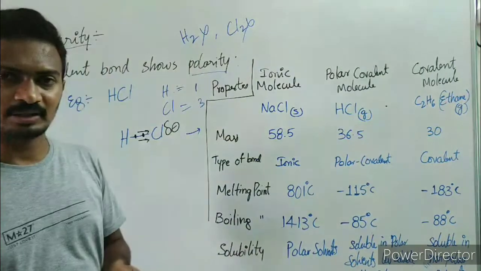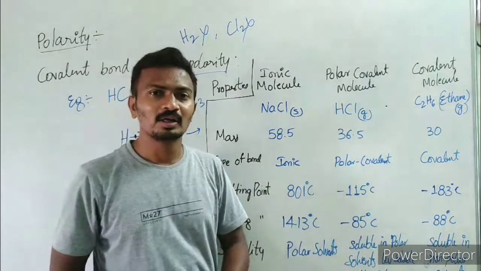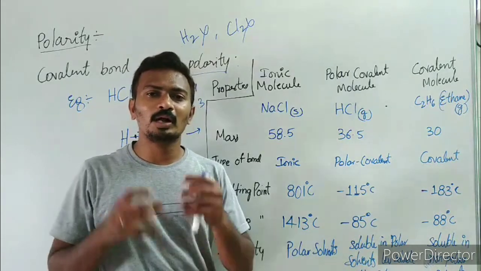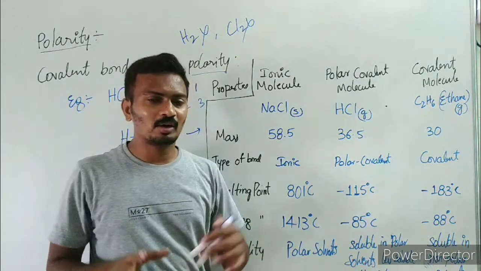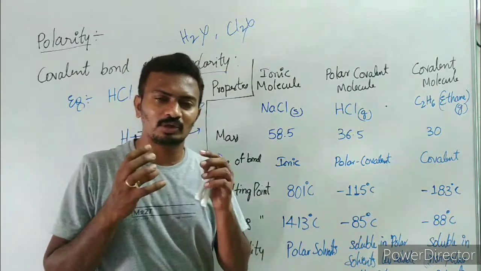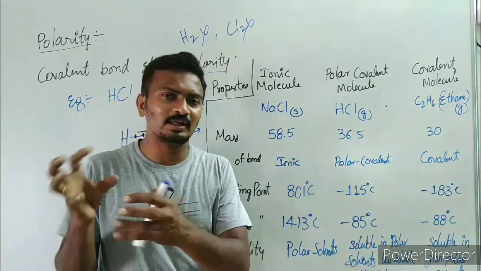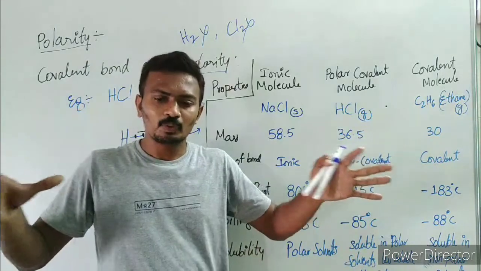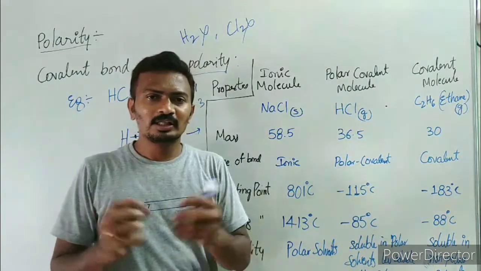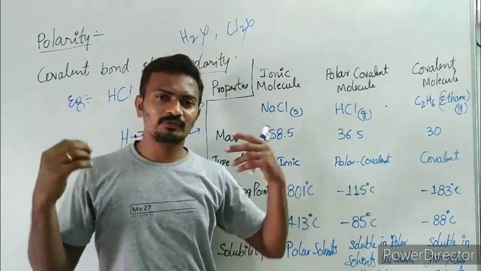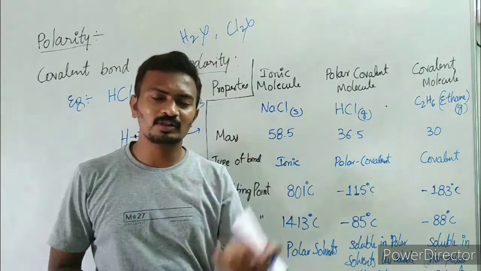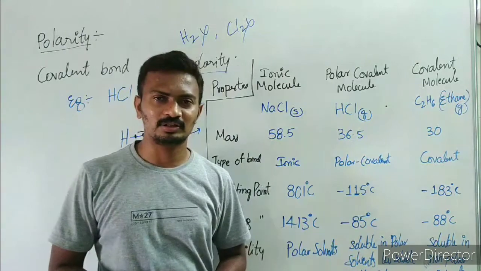These two are gases. Why they are gases is because covalent molecules have poor attractions. They do not have strong attractions. Therefore, due to the poor attractions, they don't attract other molecules strongly. So they exist freely. Poor attraction means they exist freely. And free existence means they are going to exist like liquids and gases.